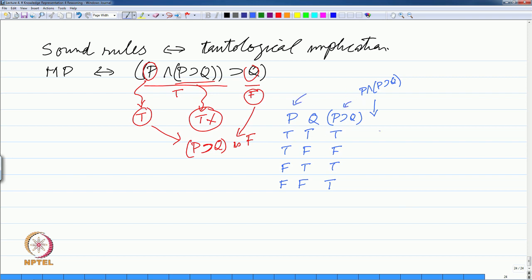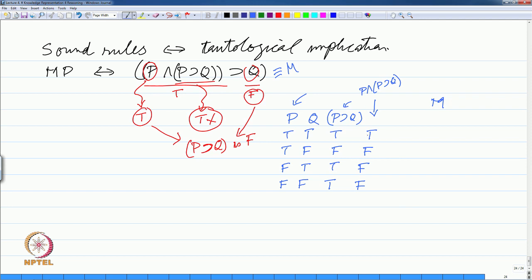So, T and T will give me T, T and false will give me false, false and true will give me false, and false and true will give me false. Now, I am saying that this larger formula, let us call this M. So, if we write the truth value of M,